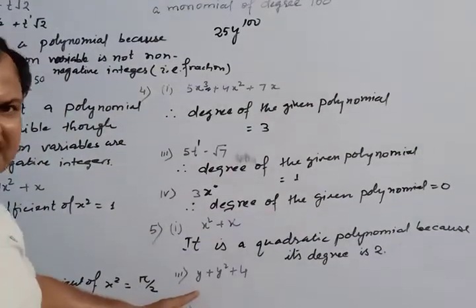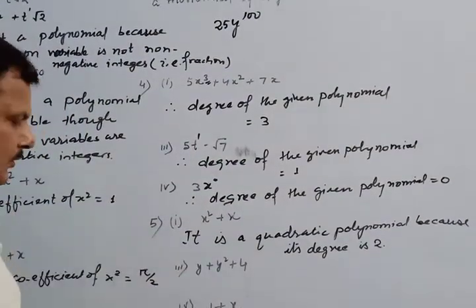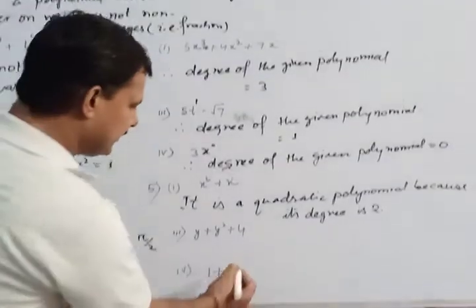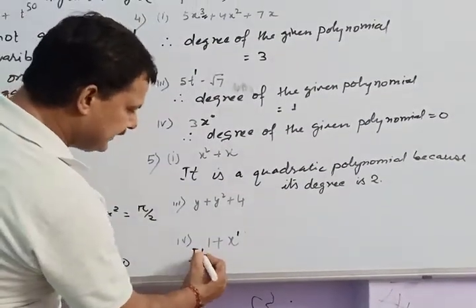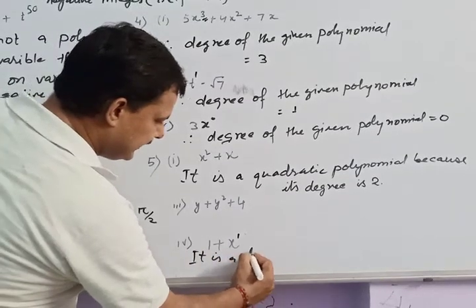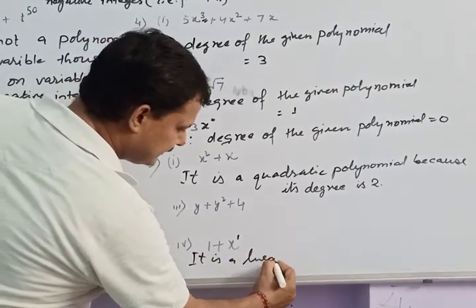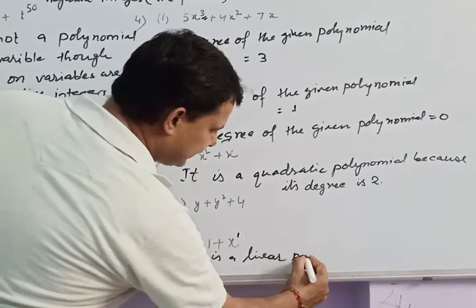Again it is a quadratic polynomial because its degree is 2. This is a linear polynomial because its degree is 1. In the same manner you will write it is a linear polynomial